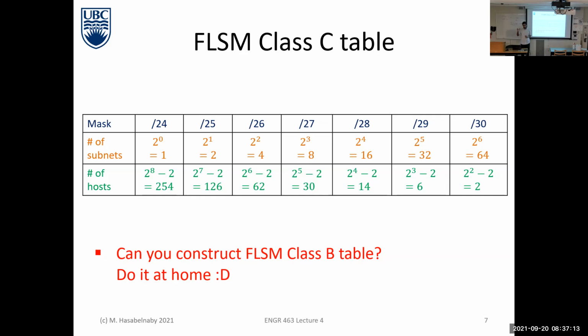I have now 25 instead of 24. So the number of subnets increased by 2 power 1, so I can have 2 subnets, and each subnet can serve